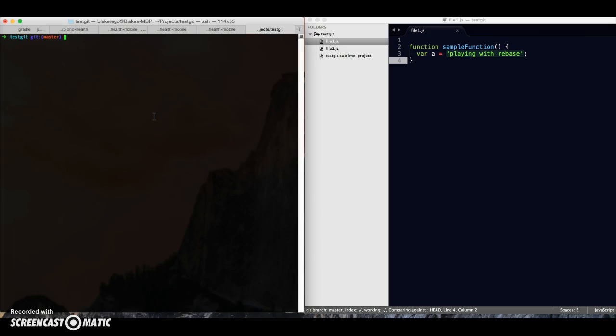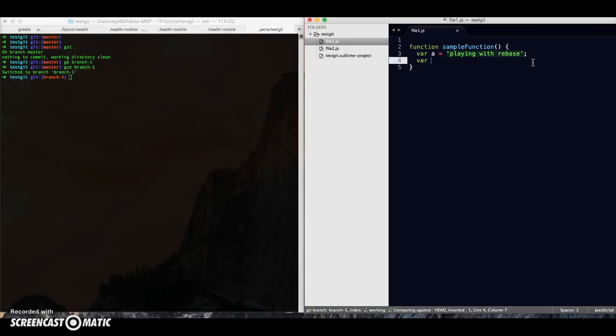I'm going to start by, I made a dummy repository, it just has a couple files, file 1 and file 2. We'll probably just use one of those. And let's make a branch and start committing things. So I'm going to call this branch 1. And I'm just going to add lines here. It doesn't really matter what I write, but